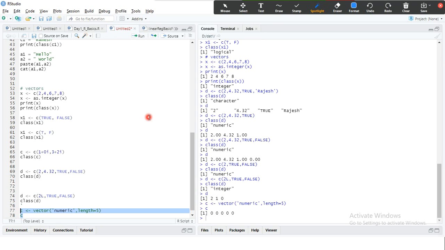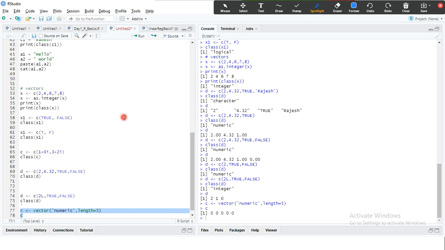And how to convert the data type also we discussed. In the case of a numeric value, if you want to convert it as an integer, as.integer, and vice versa, if you want to convert the integer to numeric data type, as.numeric, and if you want to convert the integer values into logical values, as.logical, as.character, as.numeric.